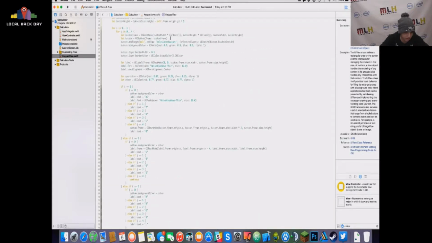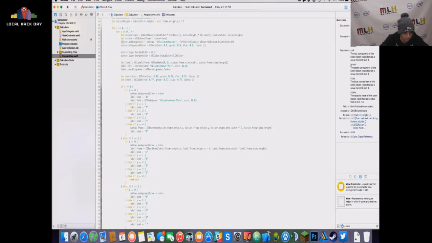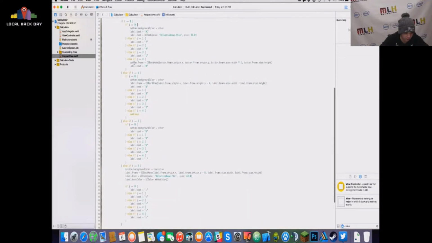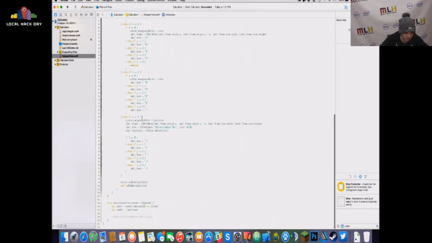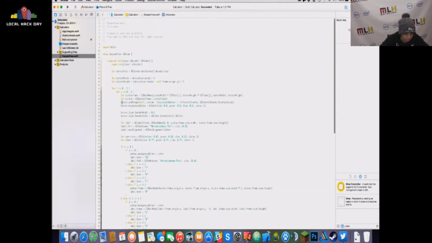Here we can see I'm defining the button. Here's the dimensions of it, and then this is looping through the sides and the top of the calculator, so that when the buttons are in different places, they'll have different text on them. One important method here is that I'm calling the add target method on the button constant,